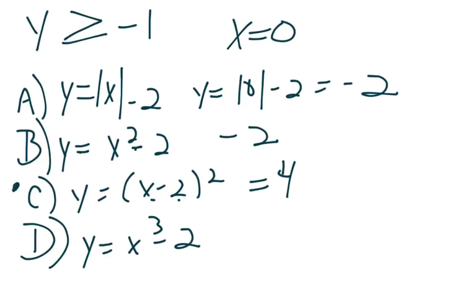And then the last one, putting in 0 again for x gives me 0 minus 2 equals -2. So easy choice, it's got to be C. My first choice of a number would prove that it would be greater than. If it didn't, and they all came up wrong, I would be looking for another number, but in this case, since it must be greater than or equal to,